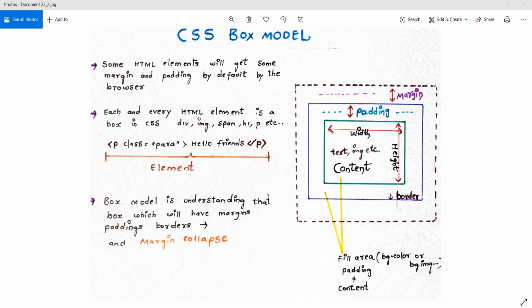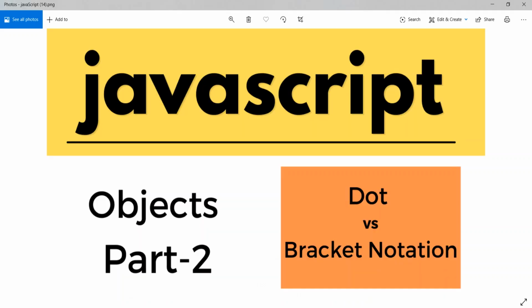Okay, now let's see this more clearly with an example. Friends, just look here. There is one orange box, and the space between this yellow box and this orange box is called margin. So that means I'm moving out from that yellow box a little bit, something like 5 pixels. So here this space is called margin. And inside the orange box there is some space, that is called padding. All this space is called padding. And whatever is written, text, dot versus bracket notation, this is called text. Okay, so basically this entire thing is called box model.